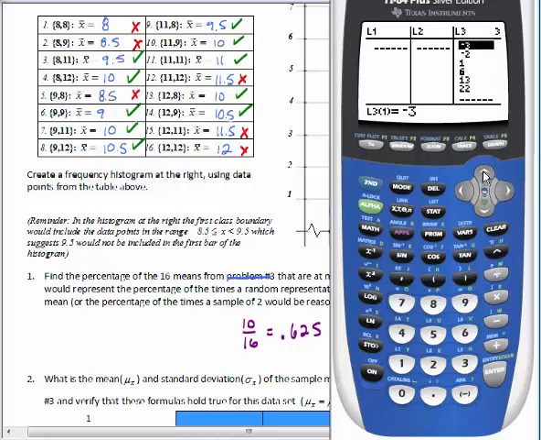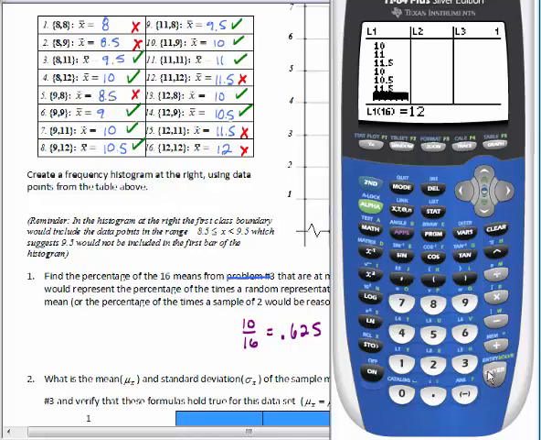I'm going to clear out L3 too, Clear Down, and then go back to L1 and I'll start typing these in. So 8 was the first sample mean, 8.5 was the next sample mean, 9.5. I'm just typing in all the sample means: 10, 8.5, 9, 10, 10.5, 9.5, 10, 11, 11.5, 10, 10.5, 11.5,